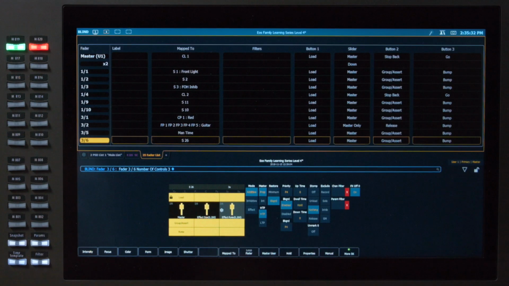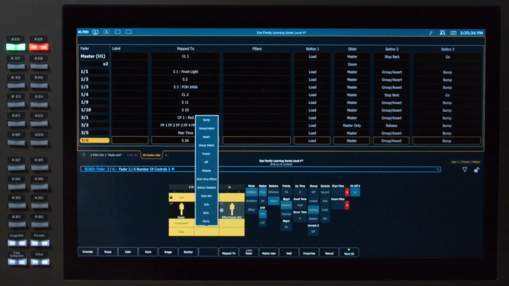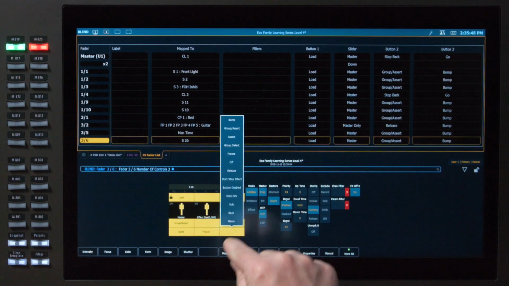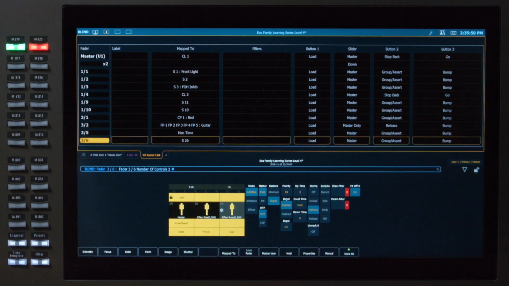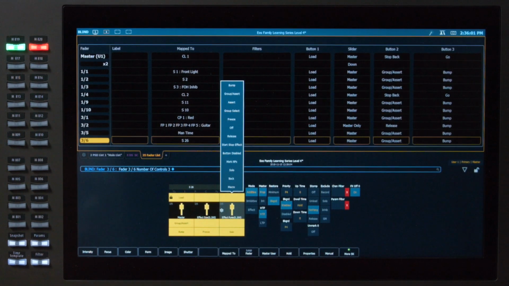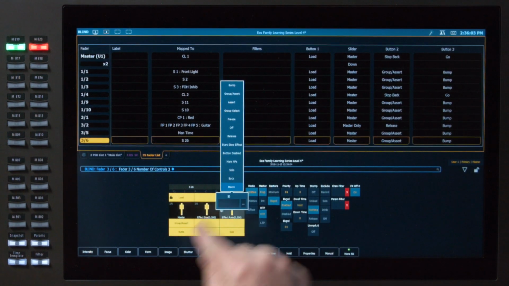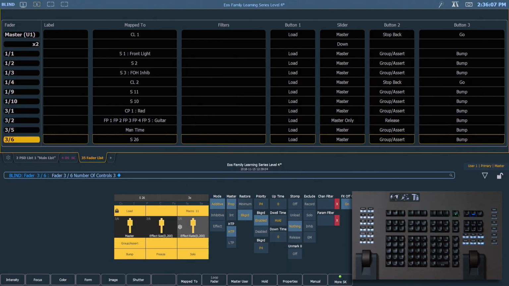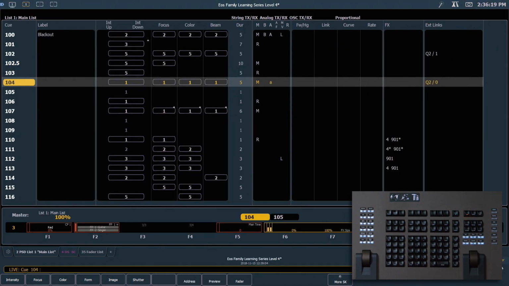While I'm in here, I'm going to go ahead and grab this button and set it to freeze. And I'm also going to grab this button and make it solo. I've got a couple of mappable buttons near the top as well, so I'd like to click on that button, and I want to make this a macro, and I'm going to make it 11. So now that we've set up some configuration for that fader, I'm going to hit live, and we're going to